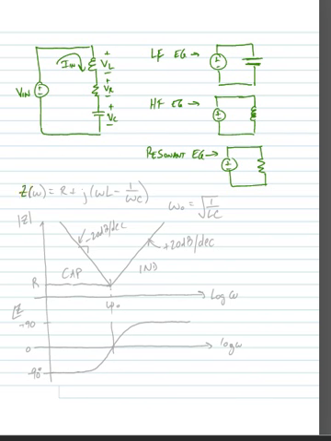If we look at a plot of Z of omega, we can calculate Z of omega is equal to R plus j times omega L minus 1 over omega C. Of course, at resonance, omega naught, the resonant frequency, is where omega L is equal to 1 over omega C. So we can say omega naught is still equal to 1 over the square root of LC, as before. If we were to plot the magnitude and phase of this function versus frequency,